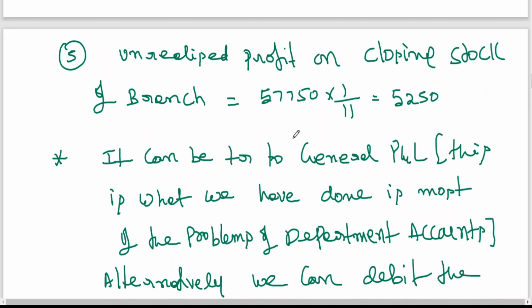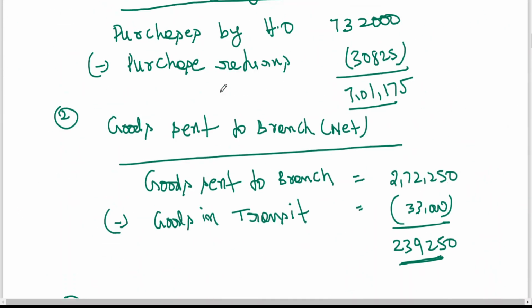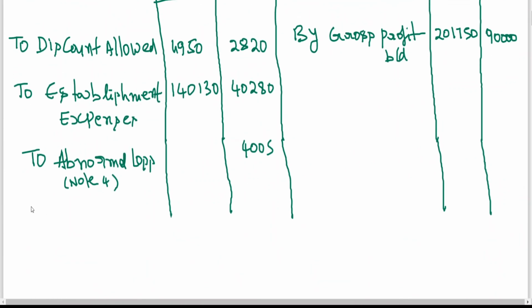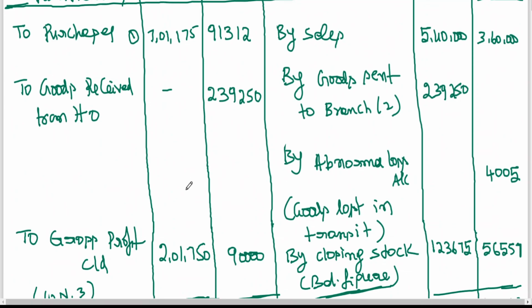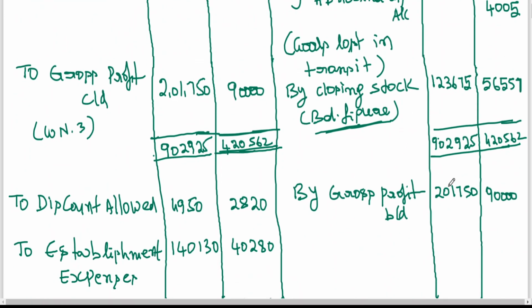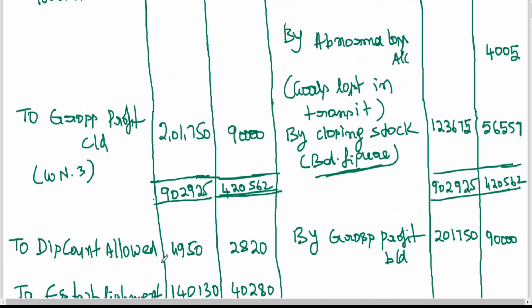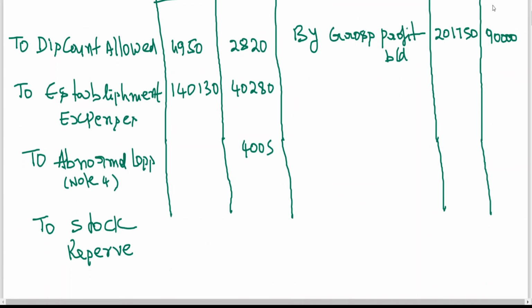Okay. So therefore 5,250 I am debiting to P&L account. Here I am writing to stock reserve. You know the entry will be the same. Instead of writing general P&L account to stock reserve, we are writing P&L account. P&L account means which column are we talking about here? Head office column. So this profit of 2,01,750, by removing the unrealized profit, you are getting the correct profit. From this, indirectly you are deducting the 5,250, so that the unrealized profit has been eliminated.